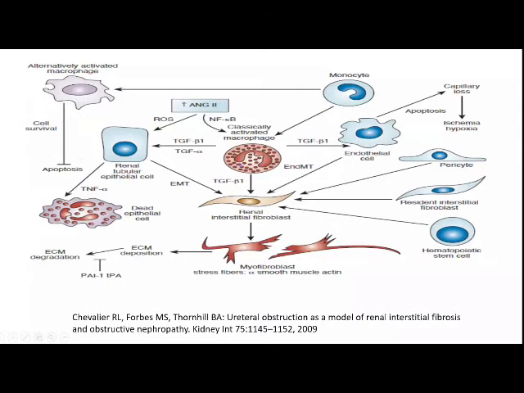And the main culprit is the macrophages, which release transforming growth factor beta 1, leading to renal interstitial fibroblasts becoming myofibroblasts, and stress fibers, alpha smooth muscle actin, are released, which can be used as a urinary biomarker also. I'll be mentioning that. So the cells are almost destroyed, leading to extracellular matrix deposition, where tissue plasminogen activator occurs and extracellular matrix degradation occurs, leading to fibrosis. So this is a cascade of events by which kidney damage gradually occurs and is linked to fibrosis.